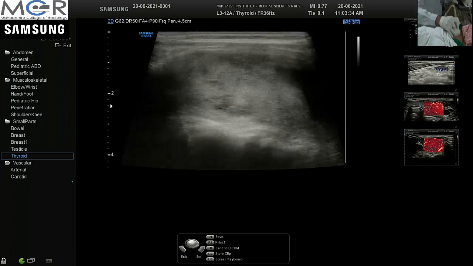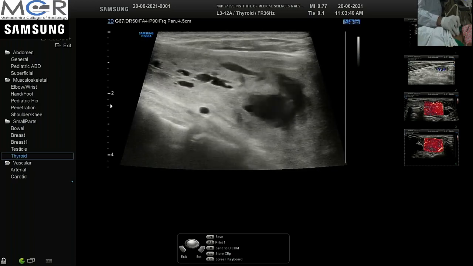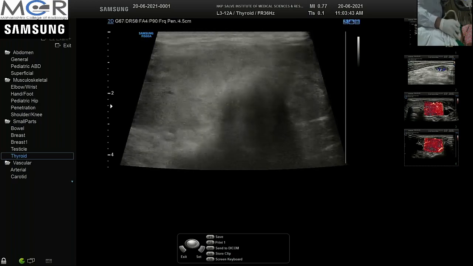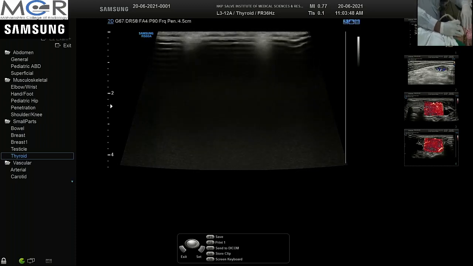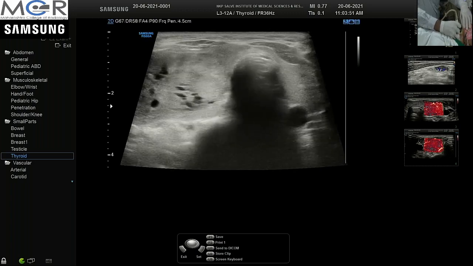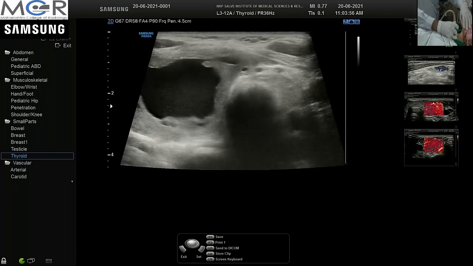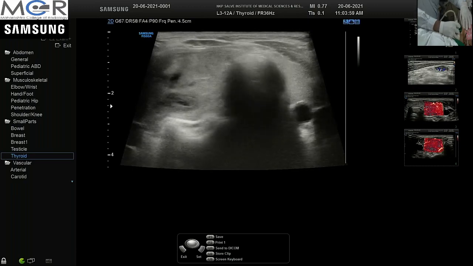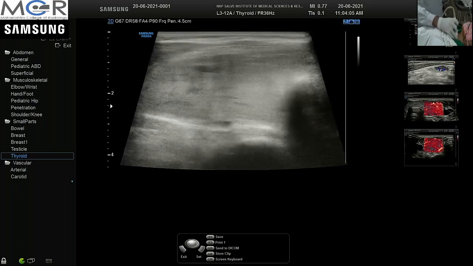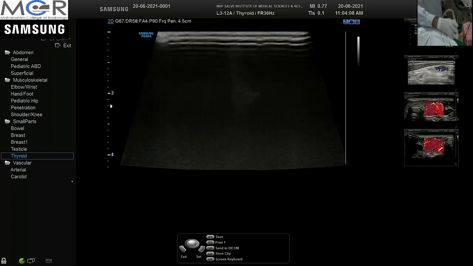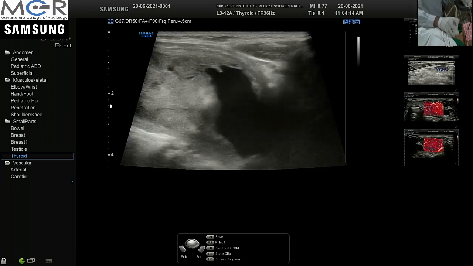So the right lobe in the long section shows multiple cystic areas, one large cystic area. Again, we'll try to see whether there is tracheal compression or the trachea is deviated to the other side. We go to the midline, keep your probe midline, and we see that the trachea is going towards the left side, and then again coming to the midline. See this. So there is a little bit of extrinsic compression as well as shifting of the trachea that you should mention in your report, because that sometimes makes the patient have difficulty in breathing, and that helps the surgeons in deciding whether they can operate.